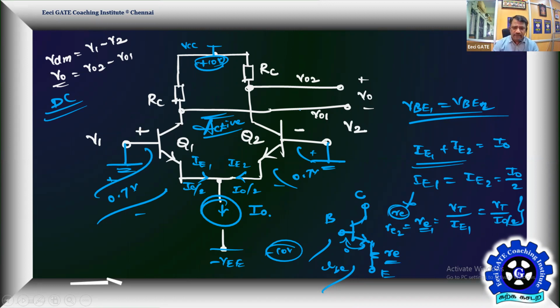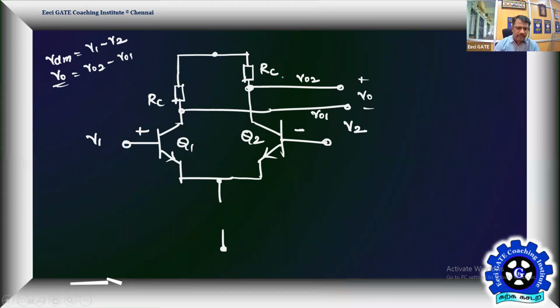So for this difference amplifier circuit, as of now the focus is not on V0. It's all about proving the two transistors active just by showing VC1 and VC2. The capital VC1, VC2 greater than 0 means both the devices are active. They can serve as amplifiers. Then begin the AC analysis.